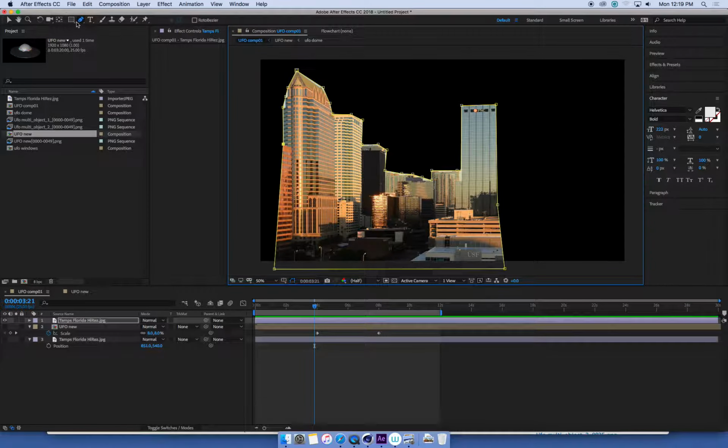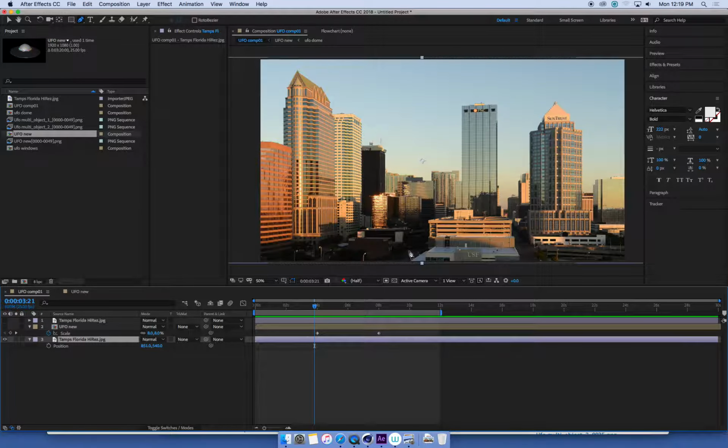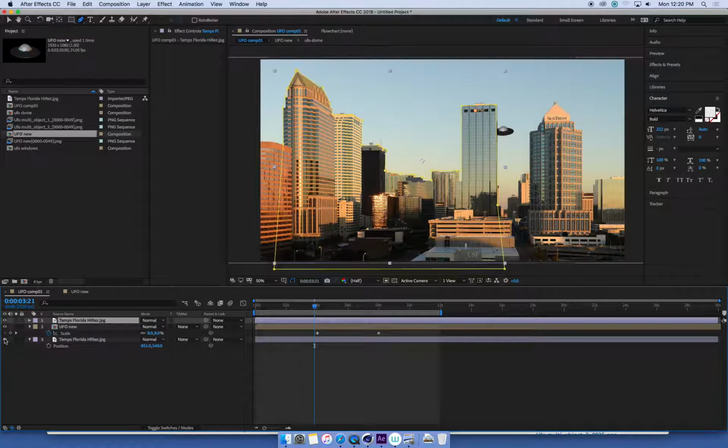Now you can use the pen tool in After Effects to cut this out. You can do the same thing in Photoshop. Because this is a still image, if you want to, you can cut this out in Photoshop instead. So now what we've got is we've got 2 versions of the same picture. We've got the full background image, and we've also got a cutout section that we sit over the top. Now the good thing is if I turn all my layers back on, my UFO now appears to go behind the buildings,